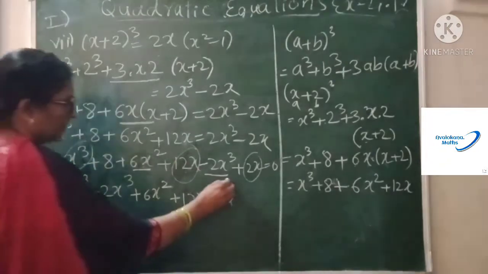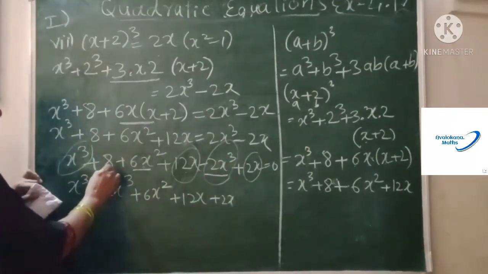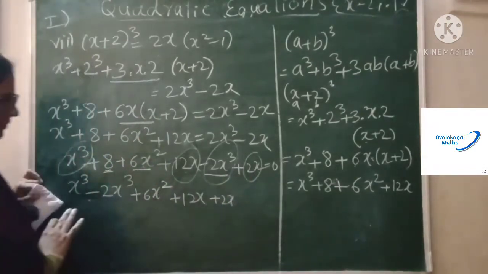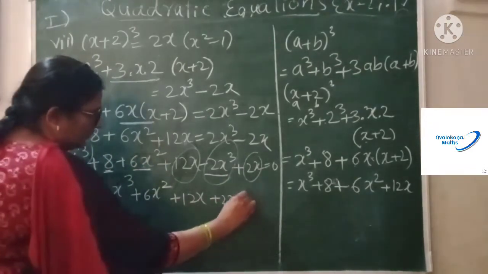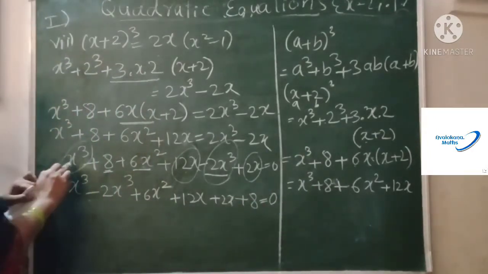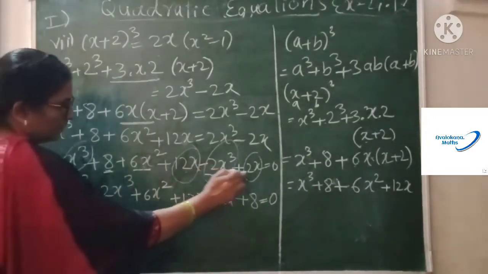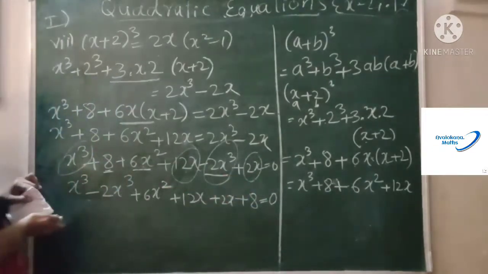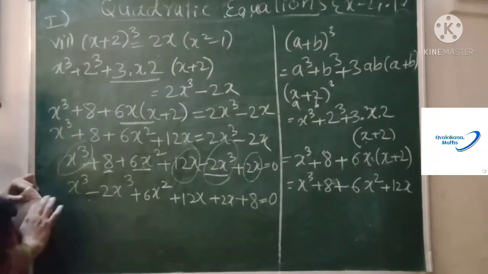This cube with this cube. Now you have what? This one, a, and nothing to add with that or subtract. You are going to write just plus a equals to 0. Now count the terms. 1, 2, 3, 4, 5, 6. Check it. 1, 2, 3, 4, 5, 6. That means all are written. This is one of the methods of checking.